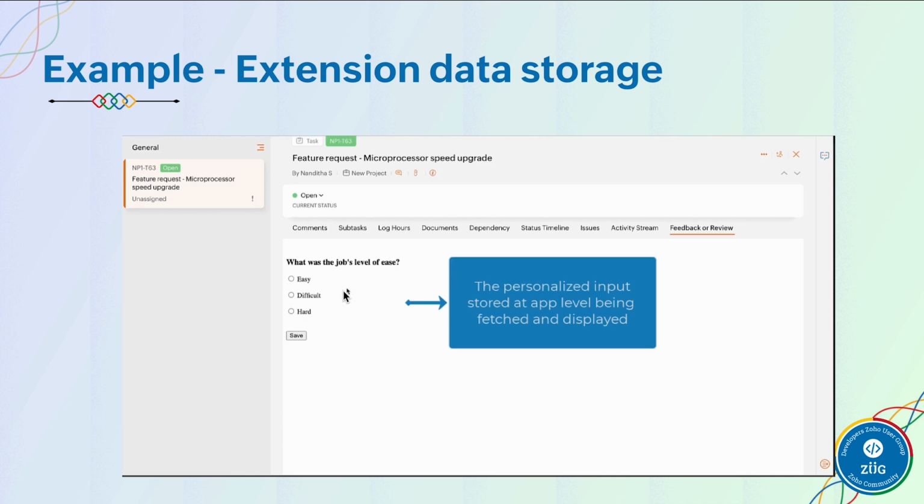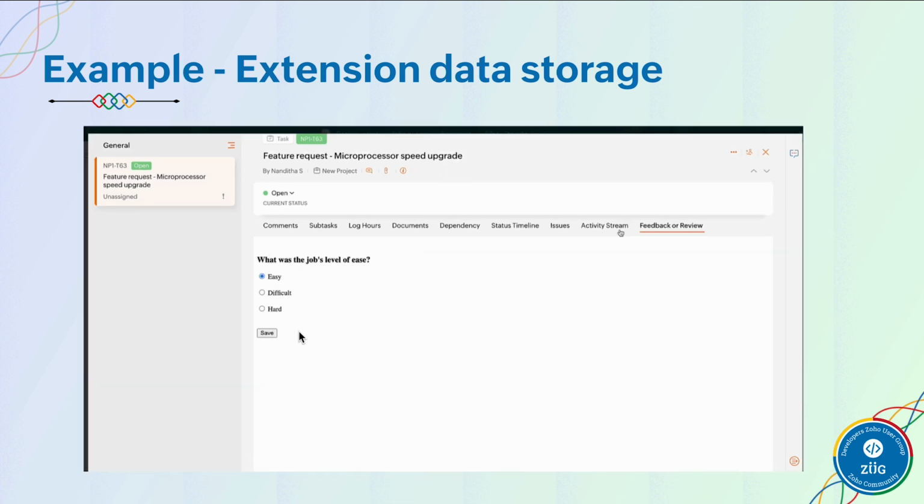Q&A format. So now when the project agent completes a particular task or issue, they can go ahead and provide a review for the particular task that they worked on. So as an enhancement to this use case itself, let me tell you how you can use the entity data storage concept as well. So we stored the question and answer choices at extension level and retrieved it in the task module, right? Now, if the project agent provides a review for this particular task that they are working on,